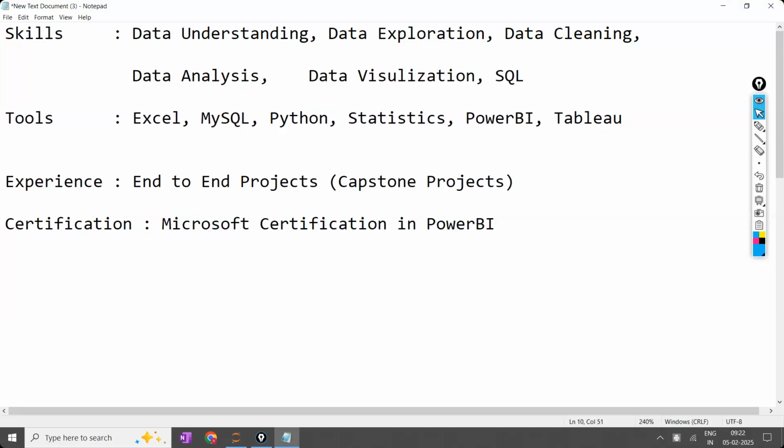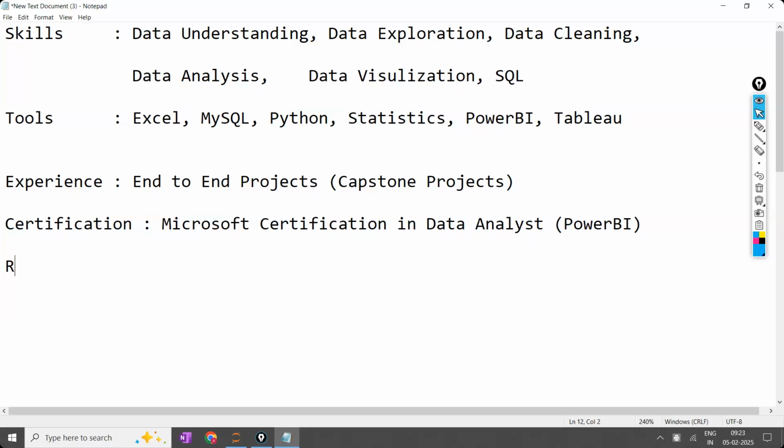Though the certification is in Power BI, you will get it as a Microsoft certified data analyst. You are not going to get the certificate as a Microsoft certified Power BI developer. You are going to get the Microsoft certification in the data analyst role. But for data visualization, we use Power BI. Data cleaning and data transformations, everything we use Power BI. So you have the skills, the tools are there, the experience is there, and someone has already evaluated you.